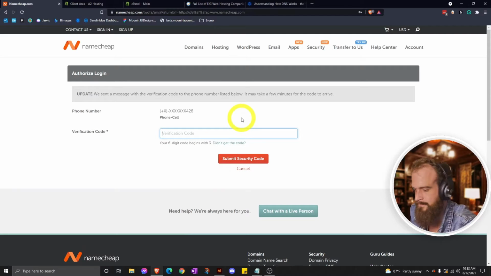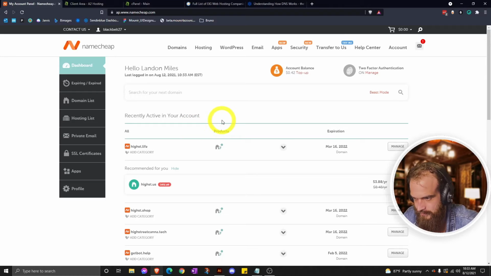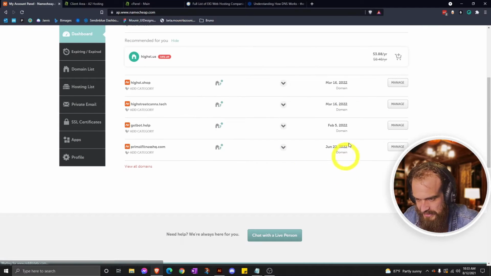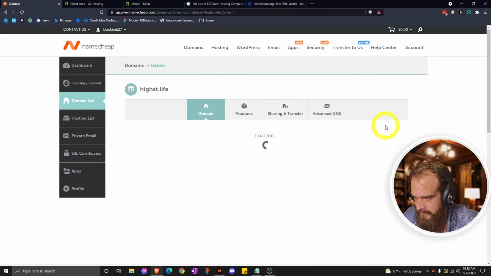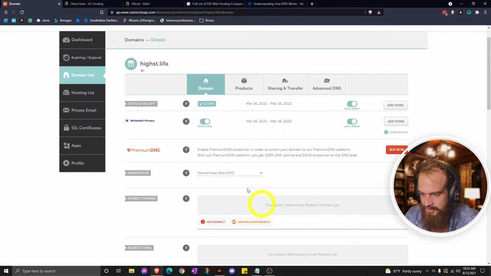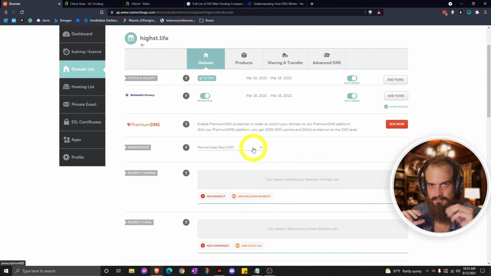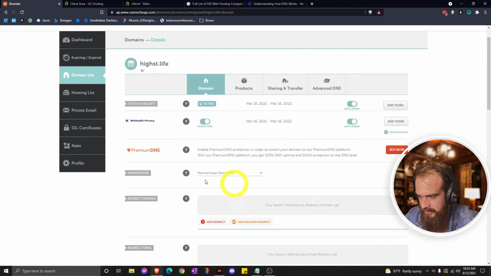I've got to log in. Two-factor on all of these for sure. Last thing you want is your domain account getting compromised. So I'll show you this one right here. When you go into it, it'll have everything basically clean, like you're starting from scratch, which I also love about Namecheap. They don't throw a bunch of other stuff in here. I got to go in and change